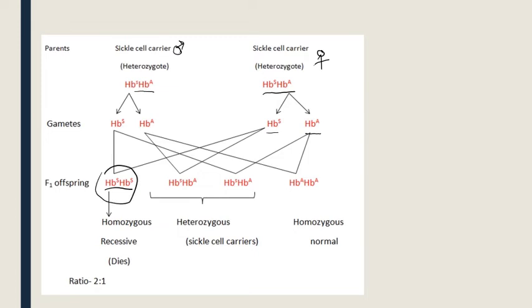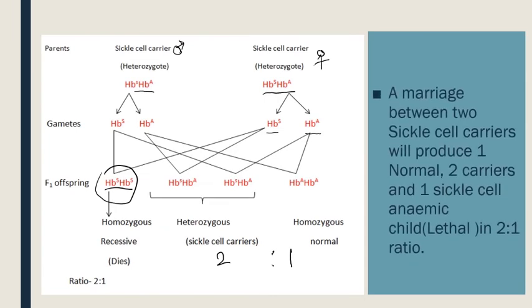So the ratio obtained is, there are 2 heterozygotes and there is 1 normal. So the ratio obtained is 2:1. So it is not following the Mendelian rule. According to Mendel, it should be 3:1, but in this monohybrid cross, the result is coming 2:1. Thus it is neo-Mendelism. Here, a marriage between 2 sickle cell carriers, the same thing which we have seen in